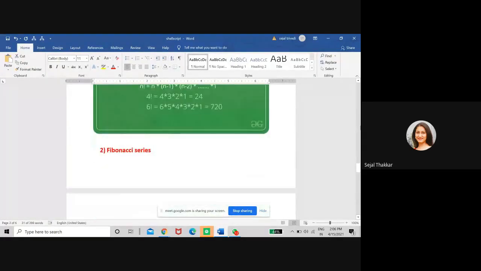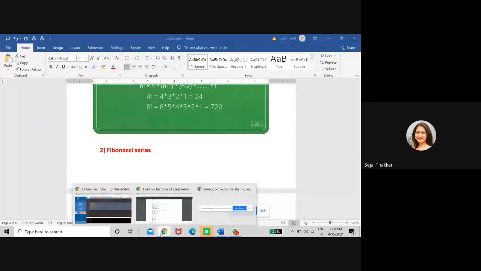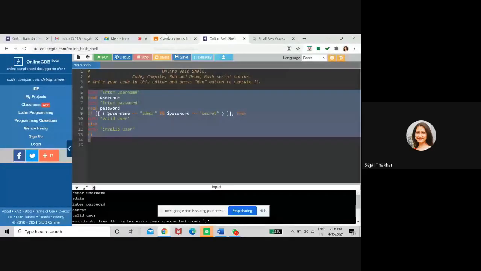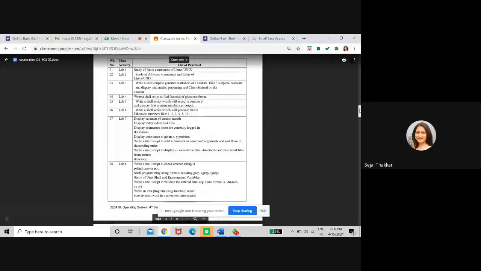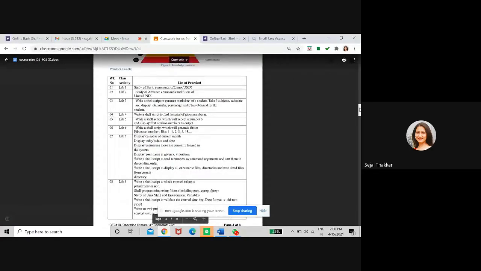Okay, so you can see here in your Google Classroom, the first practical was just the introduction of Linux. That part we have completed.